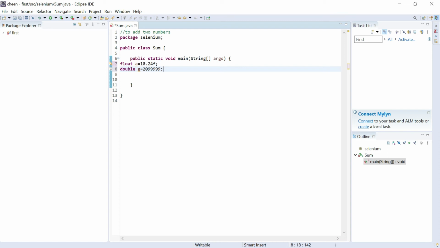So guys, if you are storing a value with decimals, you have these two options, that is float and double. If you are storing a number without decimals, you have the options integer and long, although you have short and byte too, but we hardly use them. As I've told you, we hardly use them, so always go for the option of int and long. And if you have decimals, you have these two options too.